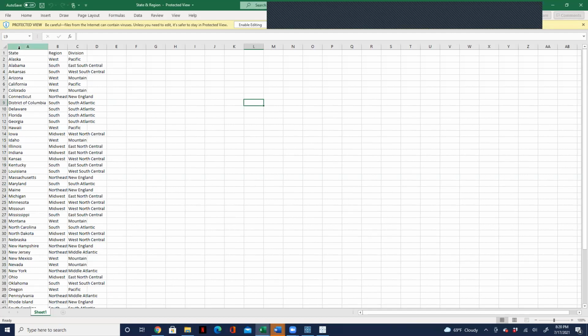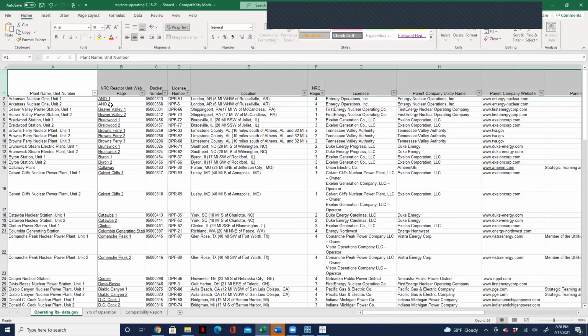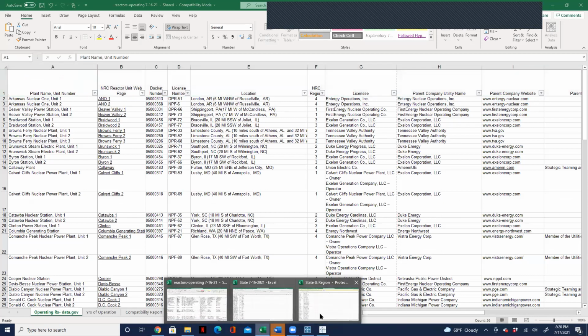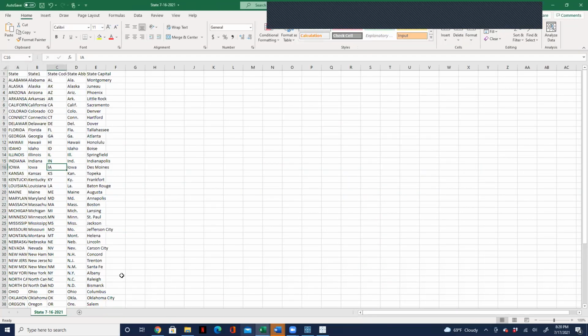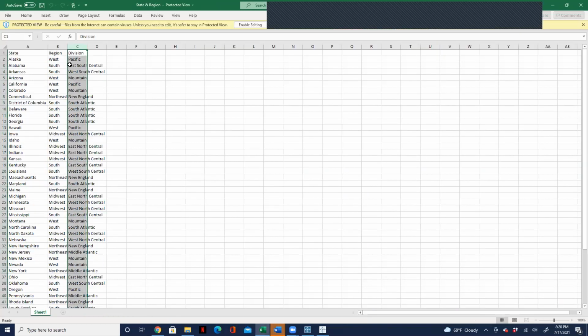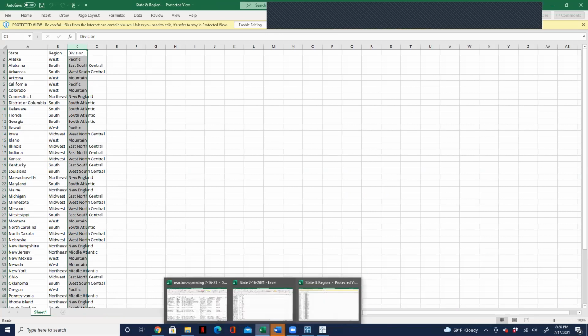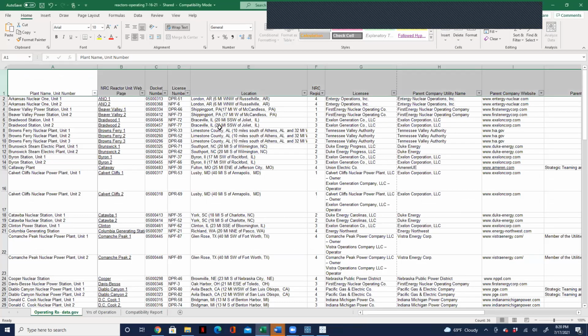The region. So we have the state here. We have the region and subdivision. Now, in real life, if we have states in this data source, but we just want to bring in the region, do you think we're going to need to bring in these two files? This one has states and the state code, and this one has states, the region, and the division. Do you think we are going to need to bring in these two files if we have state here?